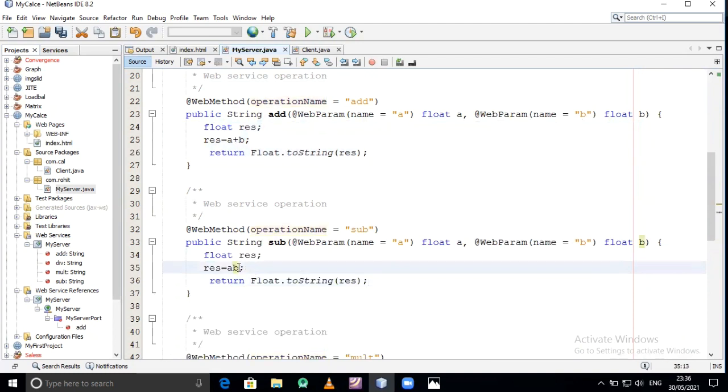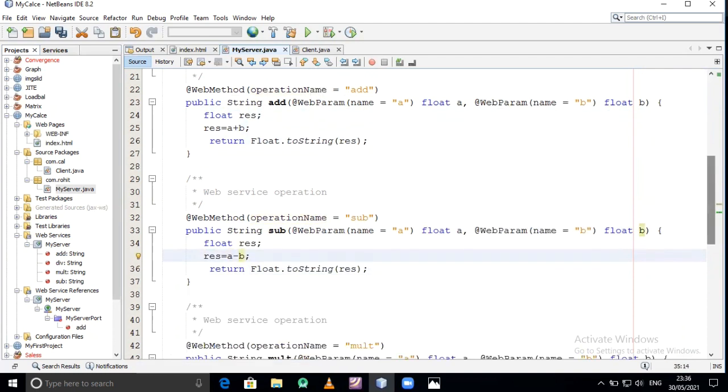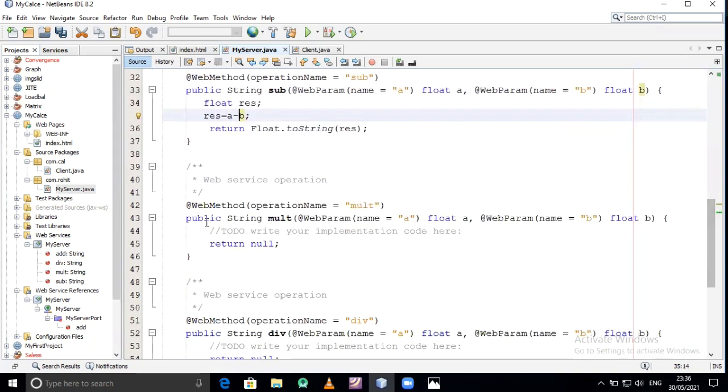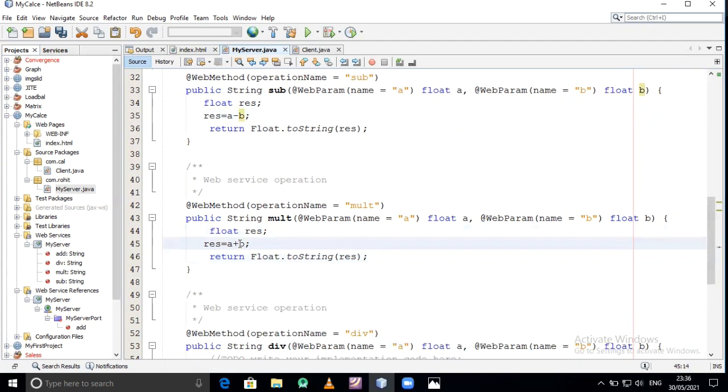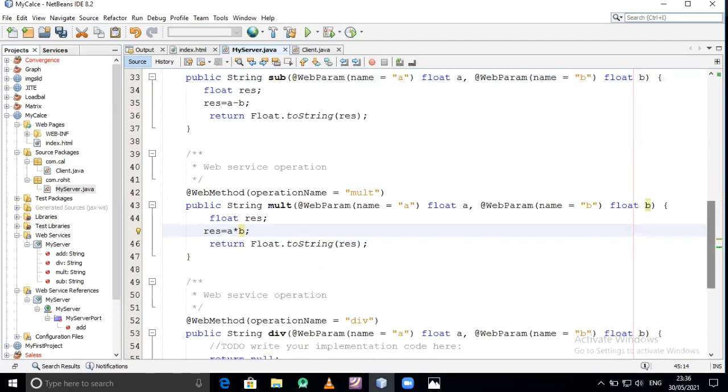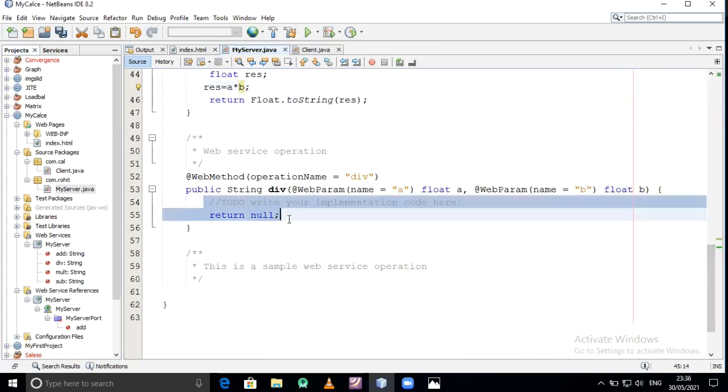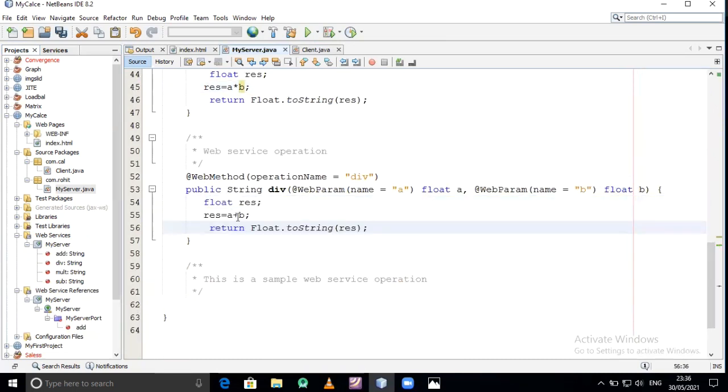Instead of plus, simply put the minus sign. Instead of plus, for multiplication, press the asterisk sign. And last, for the division, simply press a division sign. Control S, save.